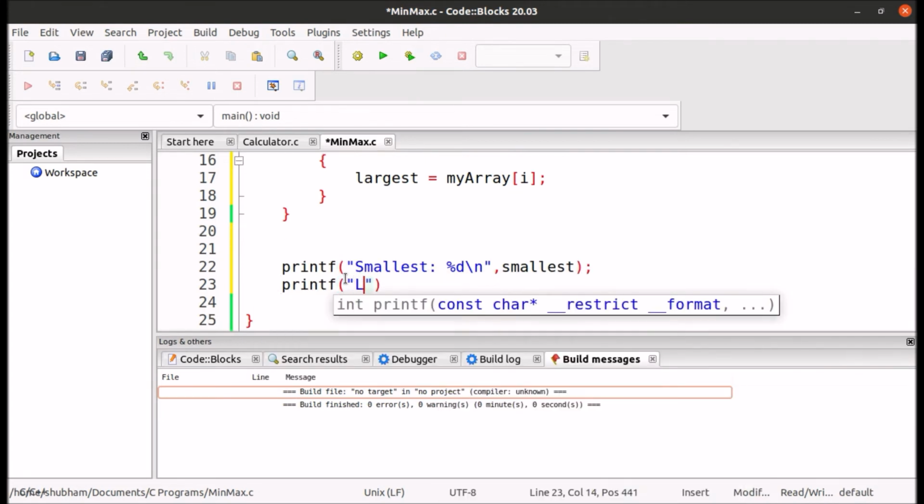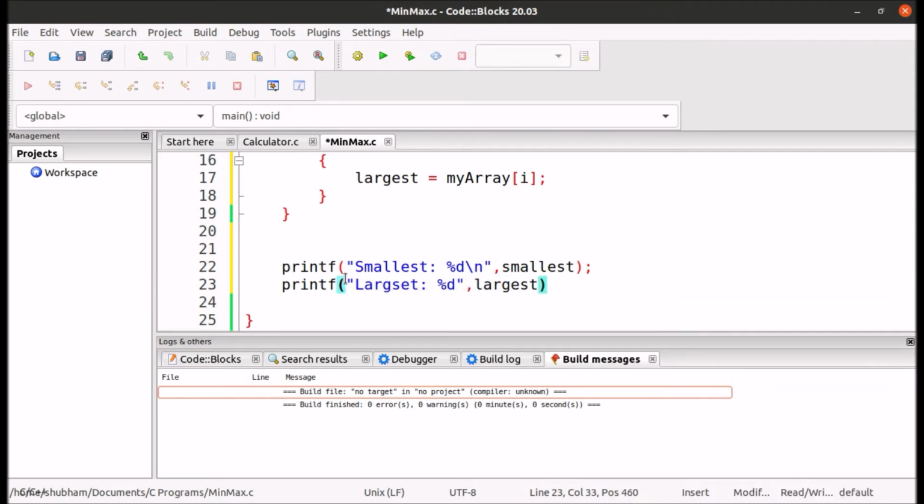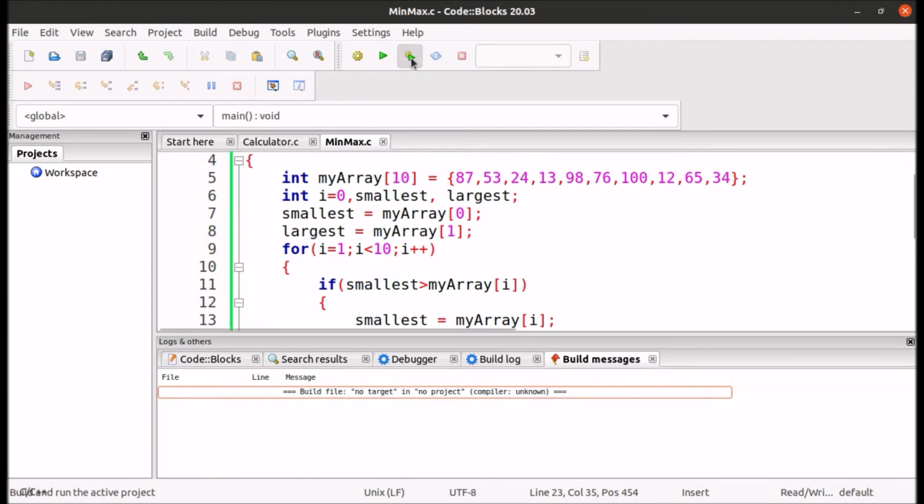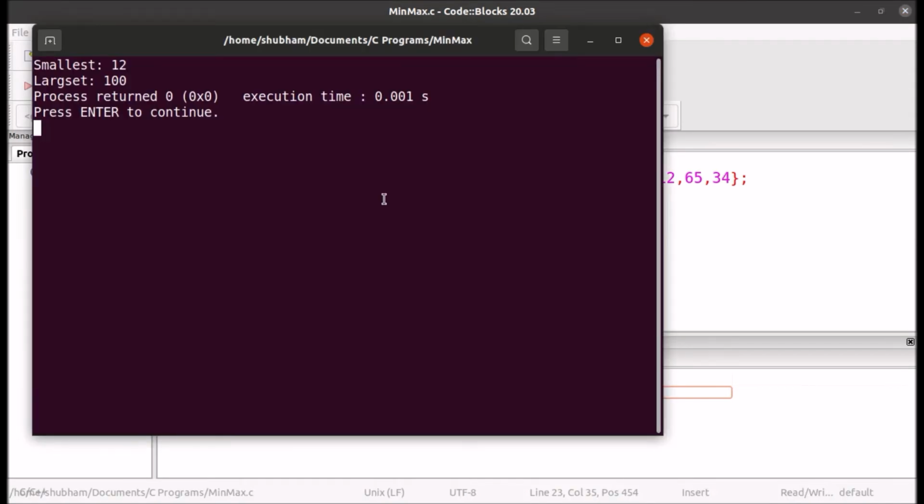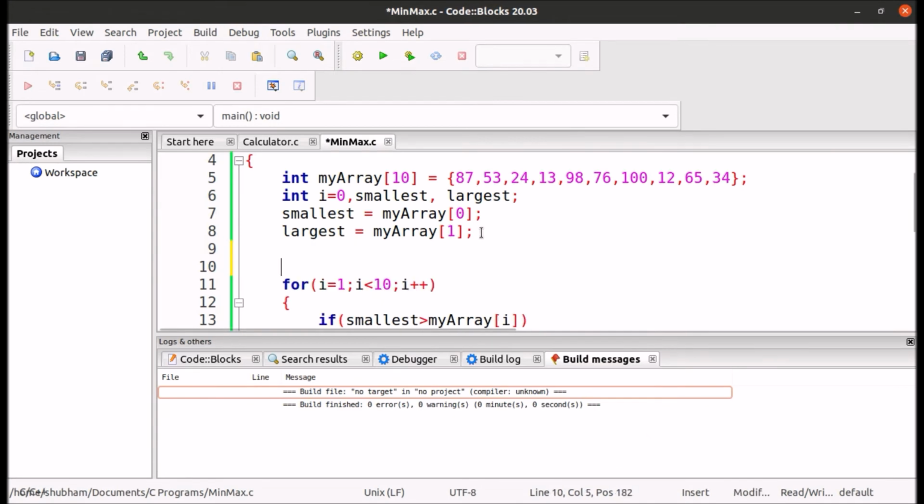Largest, which will also be equals to %d, and it is stored in the variable largest. Let's run our code, and let's print our array also so that I can explain you what I have done.